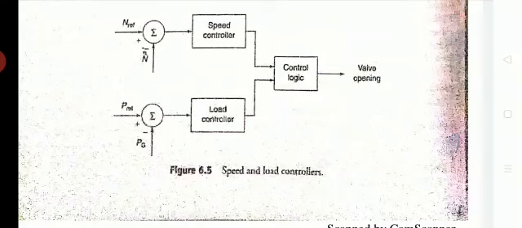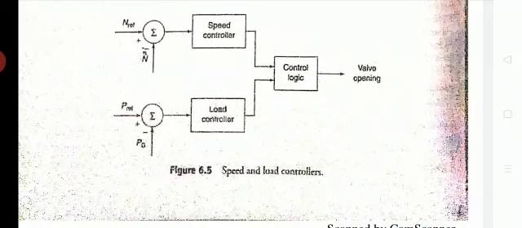How does it control? Again, there is a mechanism by which the governor controls the speed. A pre-set reference value will be set for either the frequency or the speed of operation. Everything will have a reference value. Whenever that reference value varies, whether it increases or decreases, the speed controller identifies that there is a change in the speed, it is sensed by the sensor, and through the control logic it is given to the valve opening.